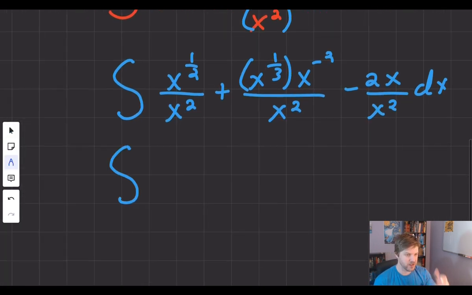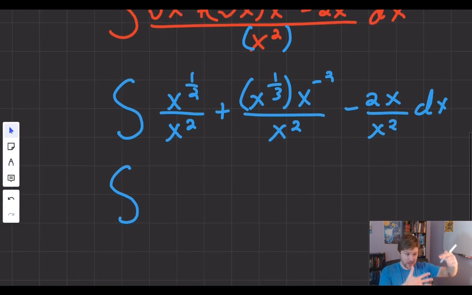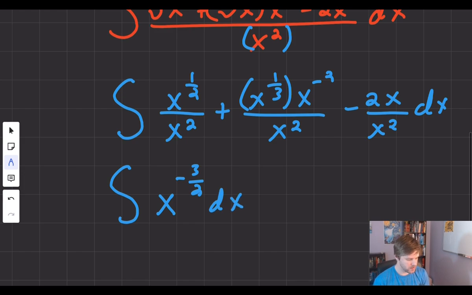Now at this point, remember, if you have the same base, then we subtract the exponents. So I'm going to do 1/2 minus 2. So this becomes x to the 1/2 minus 2, which becomes -3/2, dx, plus the integral